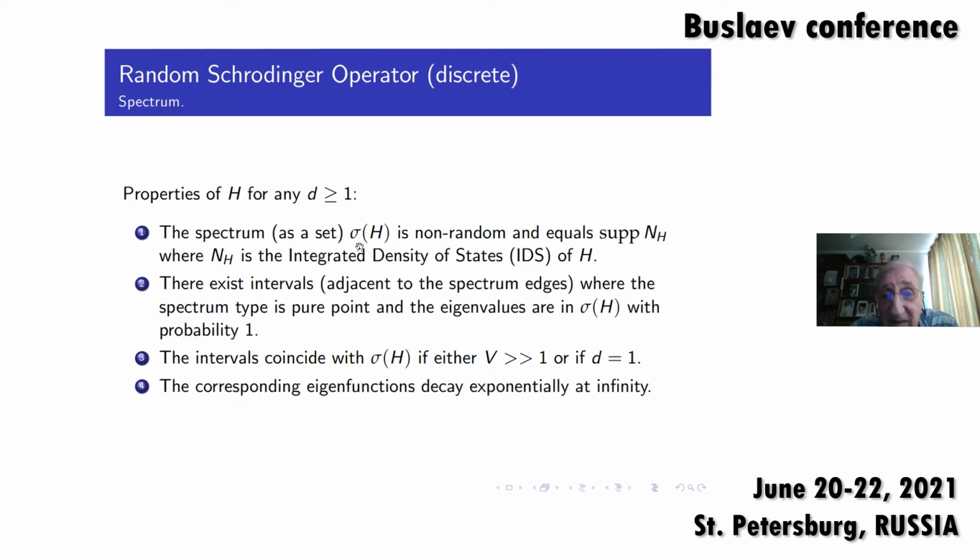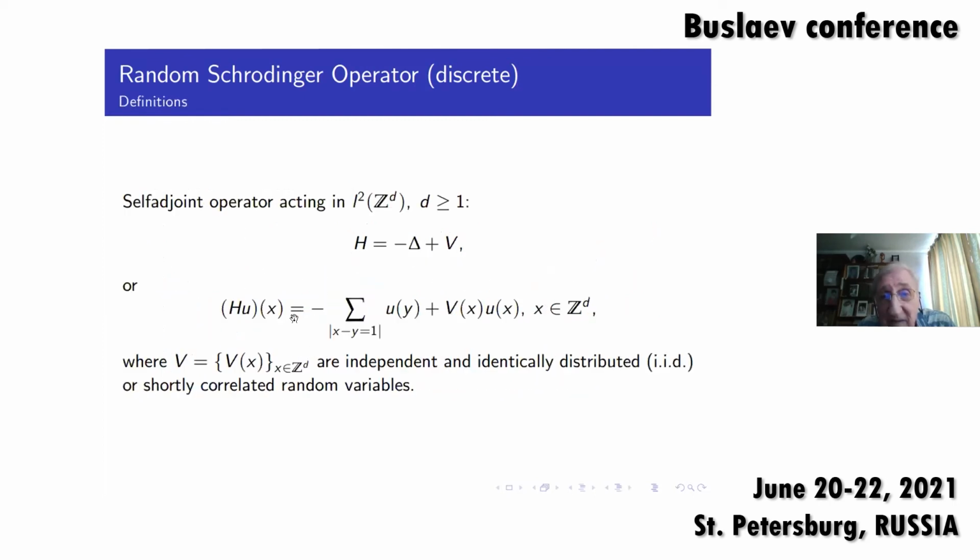Now, let's look at our spectrum. It turns out that there are intervals in the spectrum, usually adjacent to the spectrum edge, where the spectrum is pure point. So you see immediately a big difference with the case which the audience, I believe, knows very well. Let's replace the independent identically distributed random variables by a periodic potential. Then the spectrum is absolutely continuous. But if instead of a periodic potential, which describes an ideal crystal, you take IID random variables, which describes a two-component, completely disordered alloy,